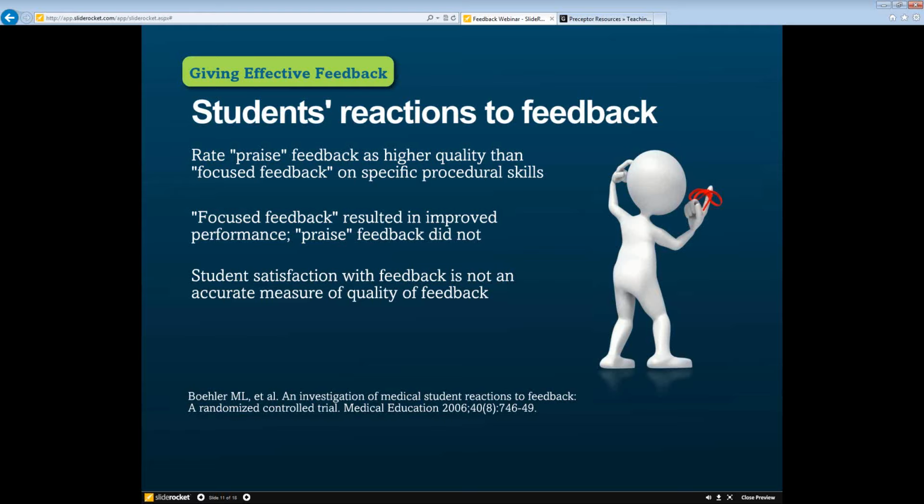And if they specifically say, I just didn't like that as much as maybe some other feedback, realize that it may be that we're not providing them some praise and balancing that with the guidance. So we have to give both, but if we just give praise, you can see, at least in this elegant little study, that those folks didn't move forward. They didn't demonstrate any competency or improve things like the ones that received the specific feedback.